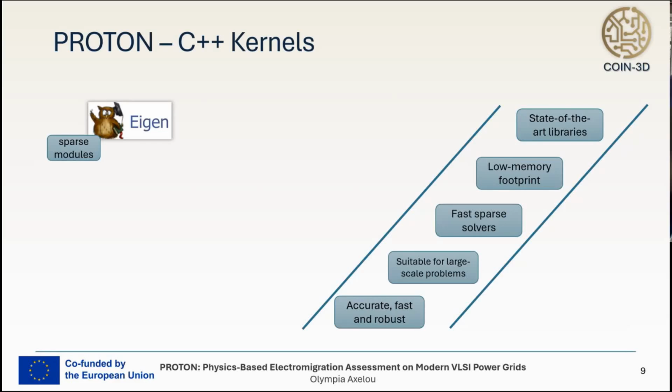This allows us to handle large-scale benchmarks accurately and efficiently while having a low memory footprint. We further enhanced our tool by linking Eigen to Intel MKL, a highly optimized numerical library that is designed to take advantage of the specific Intel processor's advanced features,